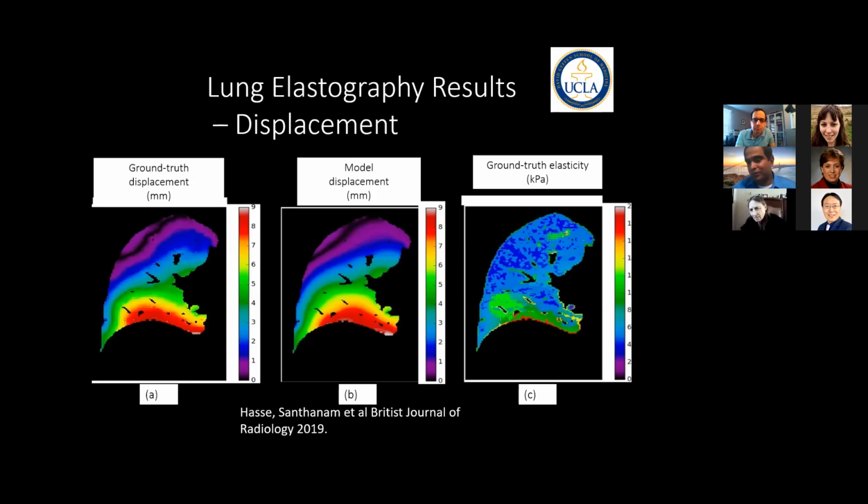Airflow is a major factor. When we take normal breathing, the airflow is very laminar, so it's very smooth. But when we take deep breathing, it's called the residual volume and tidal lung volume. At those ends, there are deep breaths, and you can see that the airflow has a major impact. You can see that the air is filling up, and we have to take into account the whole